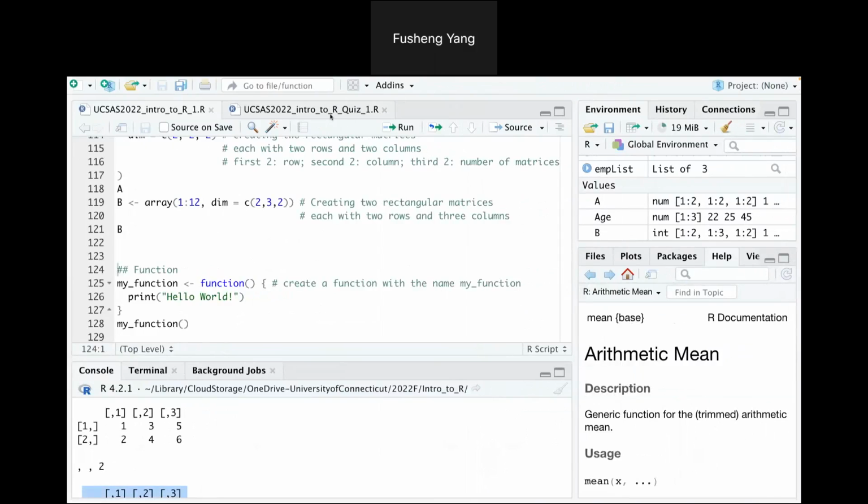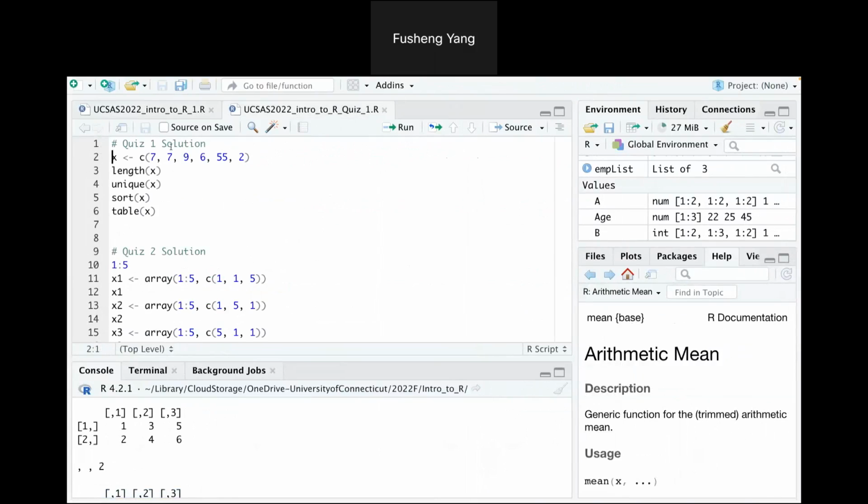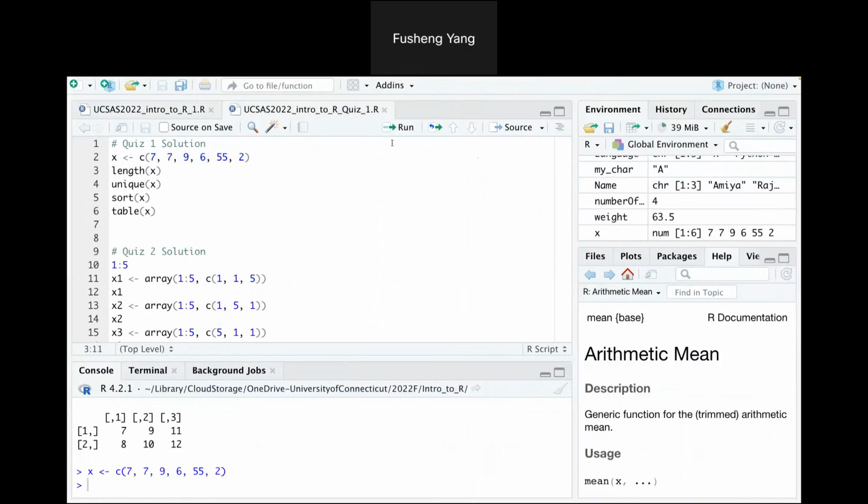Okay, let's check the solution. So for quiz 1, the first thing we want to find is the length. So we just use the length function. And let's run this code. So here is our vector. And then we use the length function. We can find there are 6 elements inside